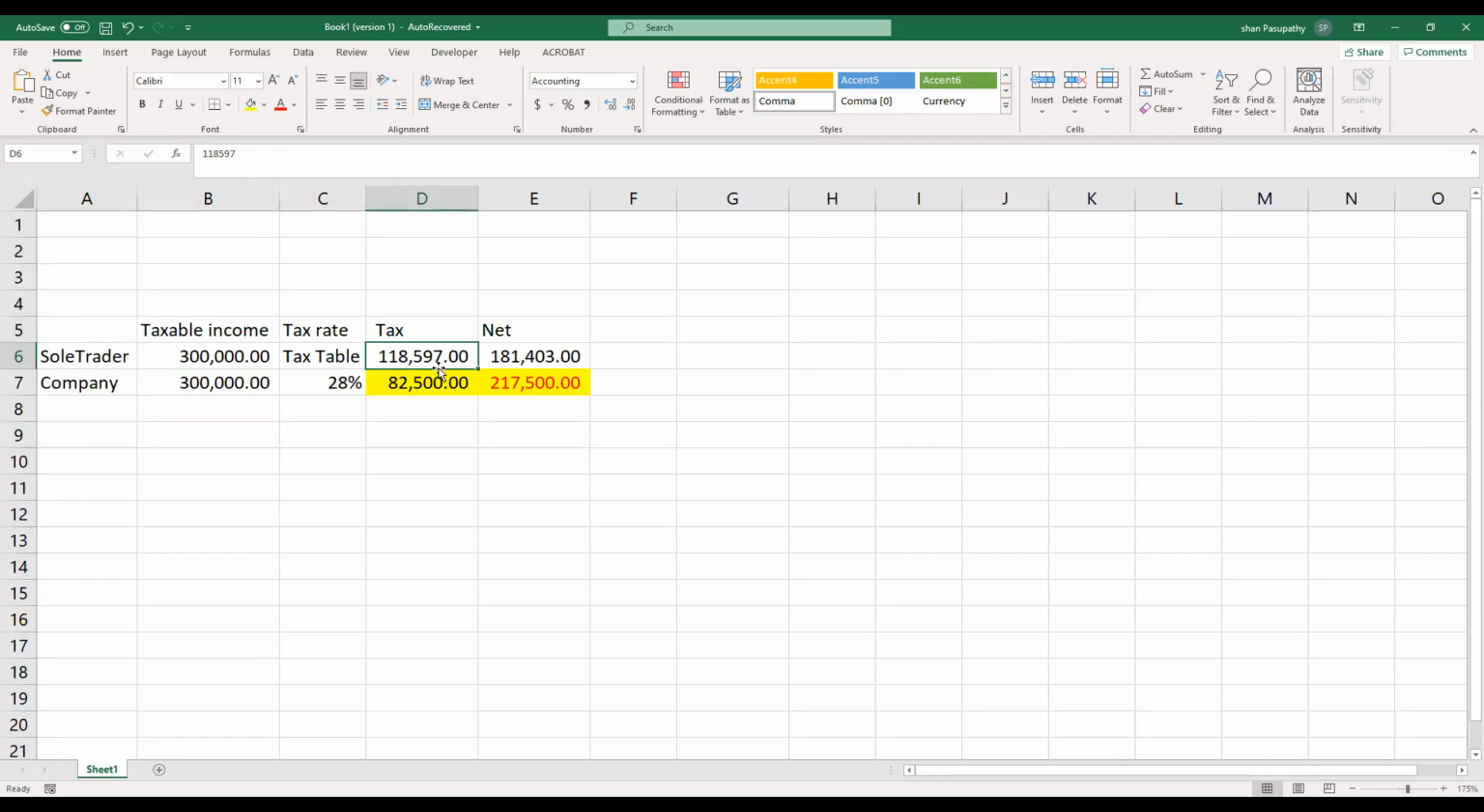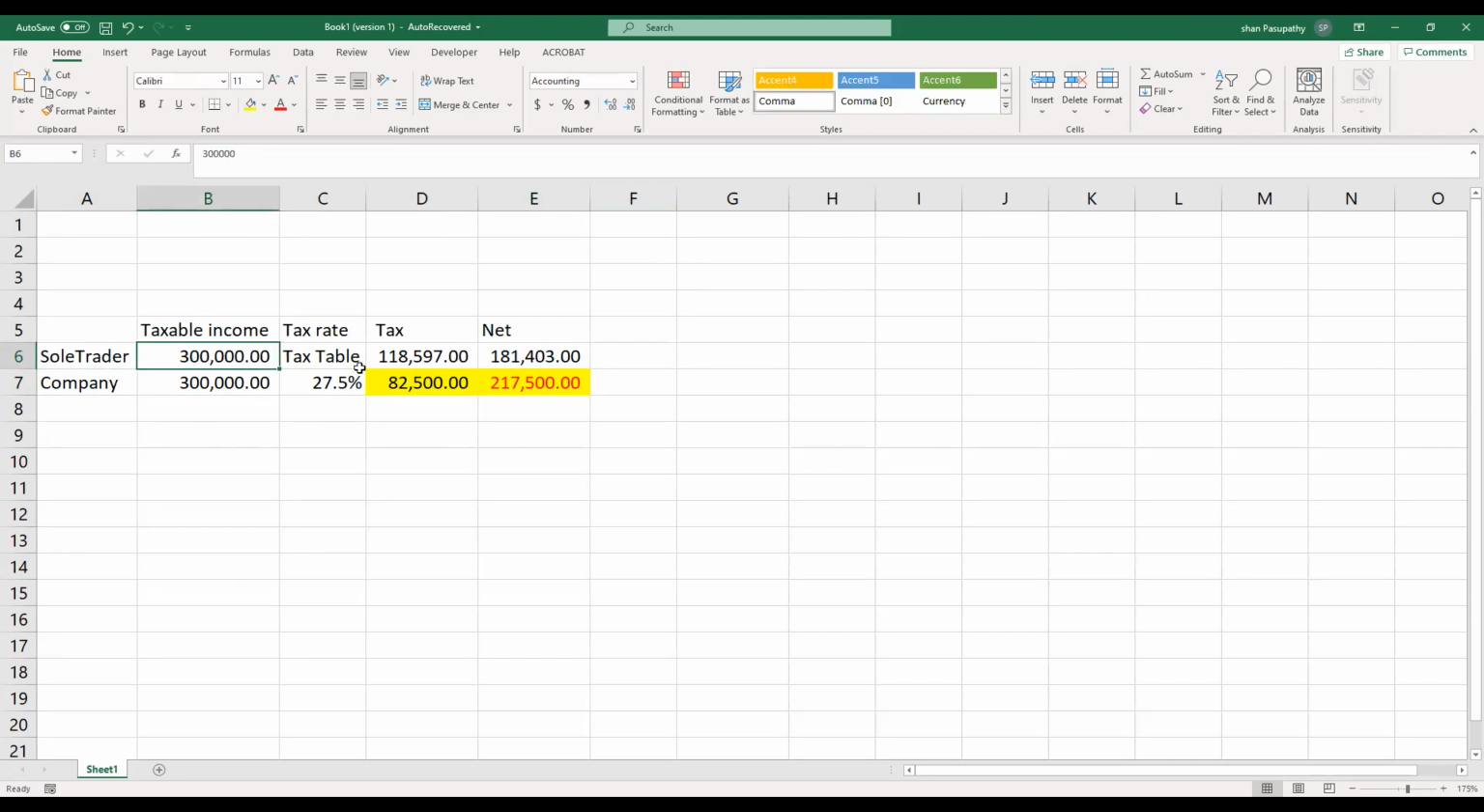and say your tax will be 118,597. That's the one we saw a couple of seconds ago. Then you put in how much money will come to your bank account, 300,000 taxable income. You pay all of your taxes, and the balance will be this much. If you go as a company, your taxable income is this much, at 27.5% tax rate, which is 82,500 tax, and the balance is